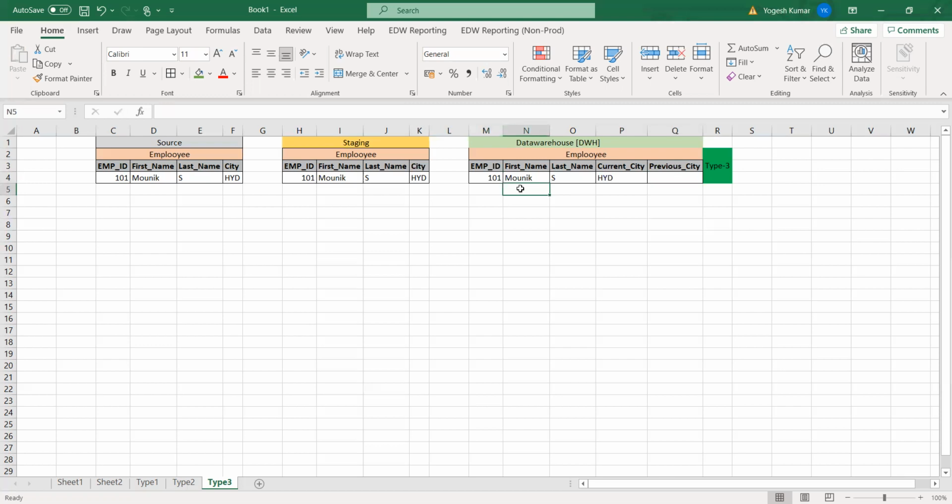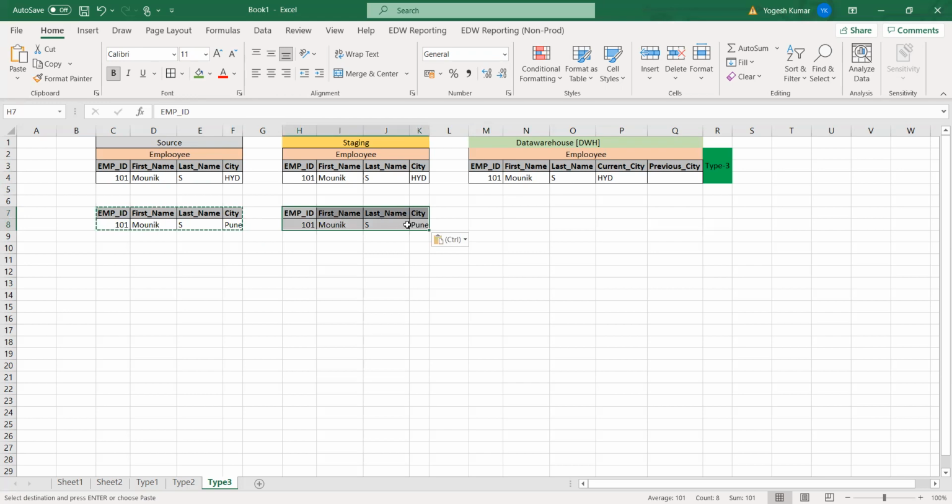Now, next time, when there is an update in the existing record, like the city changed from Hyderabad to Pune, the same record will be loaded into staging. From staging, this record will be loaded into your target table.